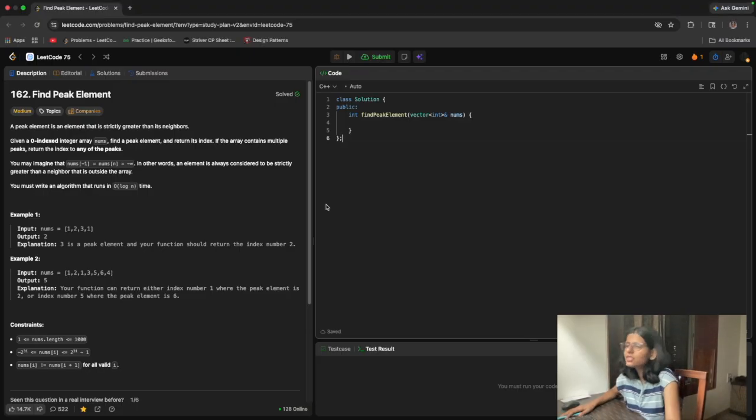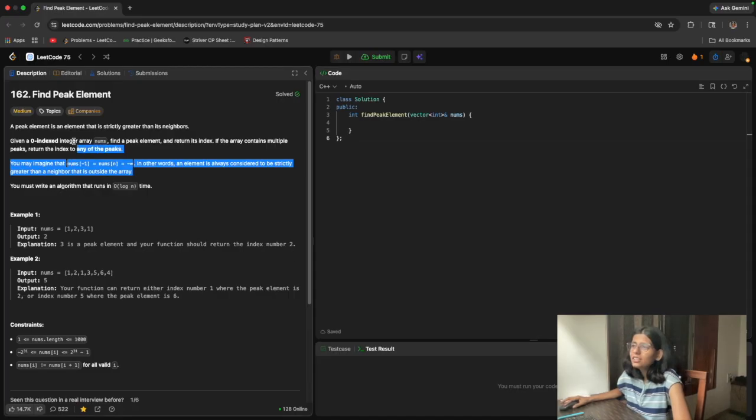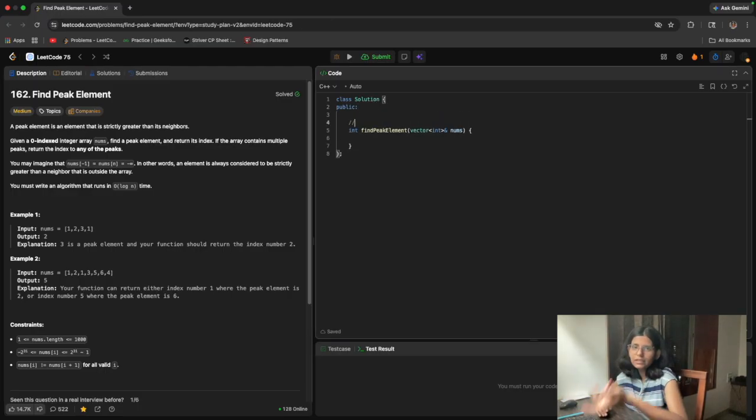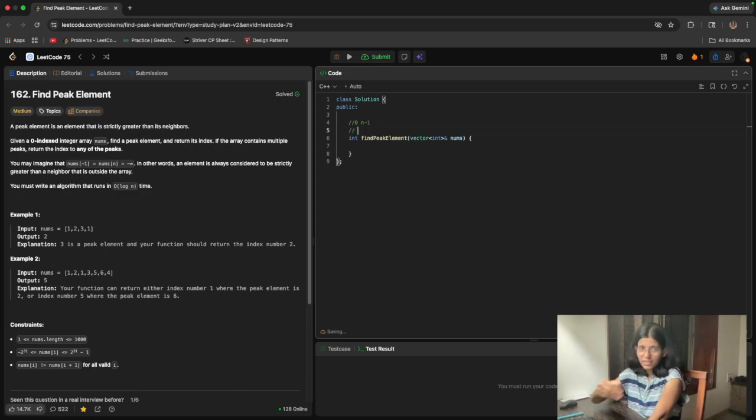That is the challenging part, because till here the question was simple, we just needed to check adjacent elements. So if we want to write it in O(n), we just need to check adjacent elements, right? We'll start from 0 till n minus 1, and for index 0 we'll check the element at the first index.